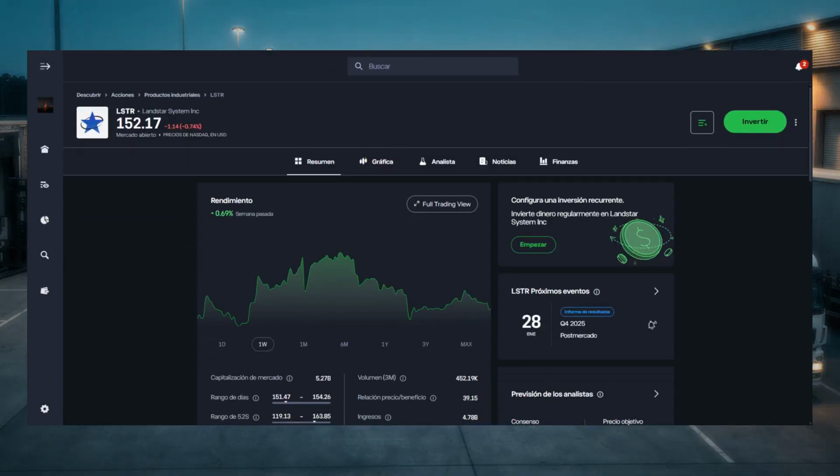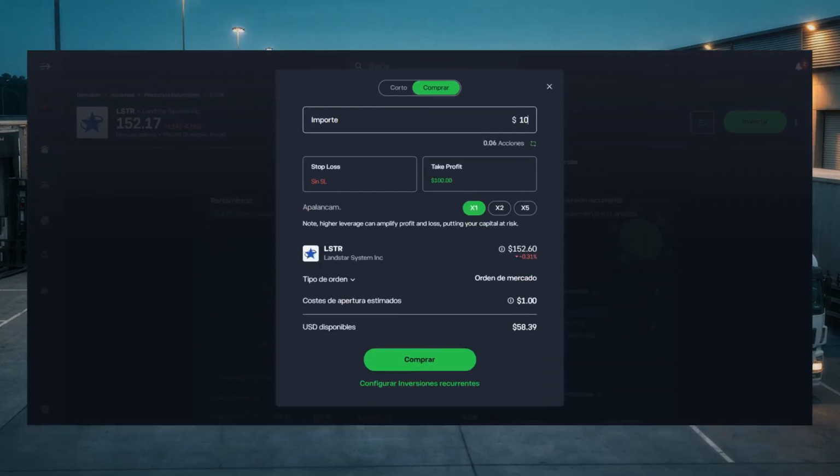On the stock page, you will see basic company information and a price chart for reference. Confirm the company name and ticker to ensure it is the correct Landstar System Inc. listing. To invest, click Buy, enter the amount you want to invest, then carefully review and confirm the order before